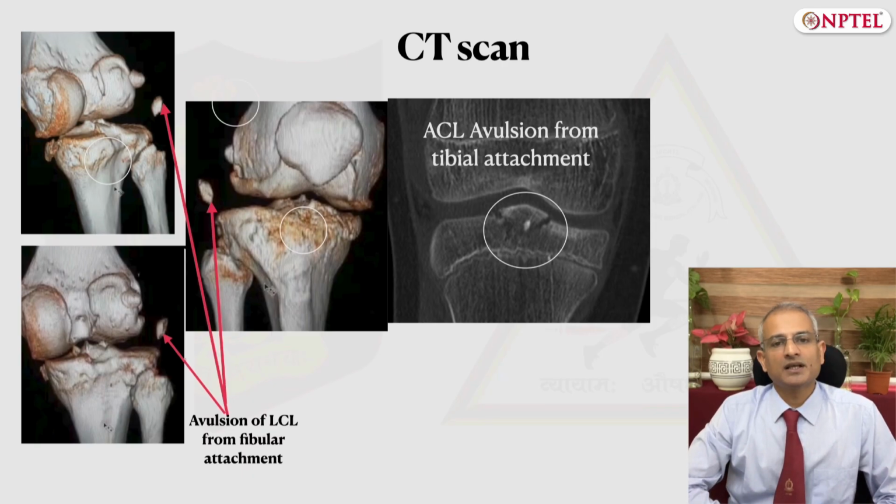Another investigation that can be done is a CT arthrography. This is an alternative when MRI is contraindicated, such as in cases where a patient has other metallic implants or has a pacemaker in situ. This investigation uses the injection of intra-articular contrast to outline the edges of the menisci and the cartilage, and hence can pick up certain injuries. However, these days, with presence of MRI, this has become of limited use.